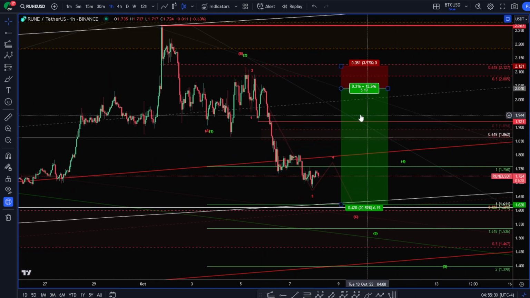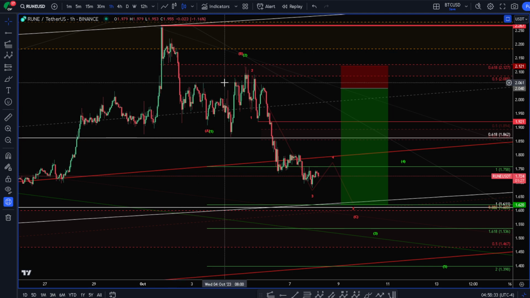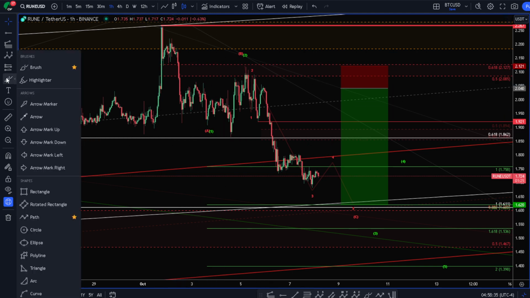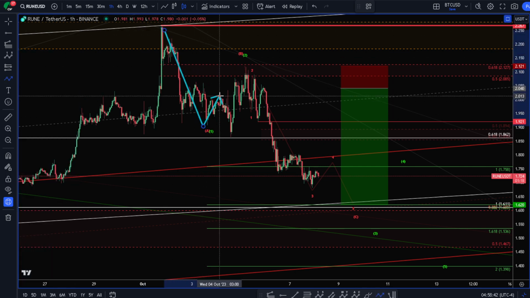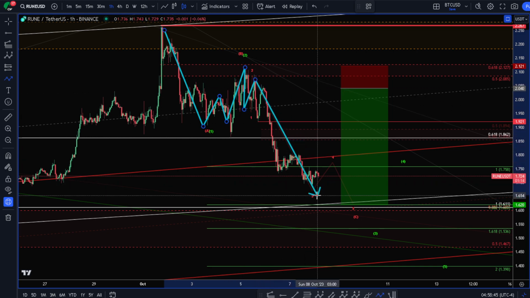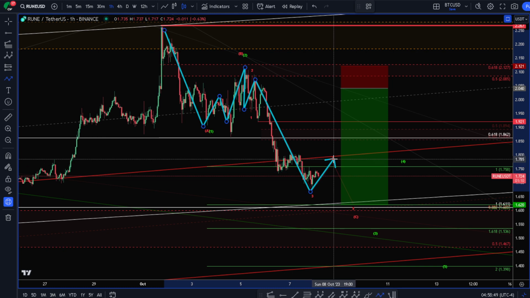But what we would get out of that, it looks like, is just a 3-wave pattern where this is our 5, 3, and we have a 1, 2, 3. You can see we have 5 waves in there. 3. Working on our 4th right now, probably underneath our pitchfork here, right around to the 100, and looking for